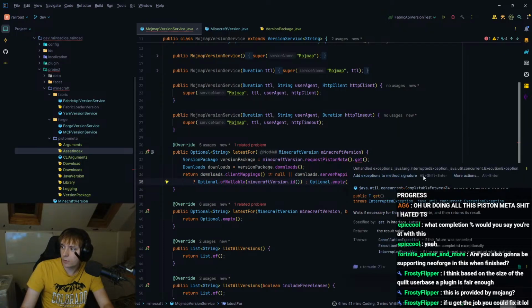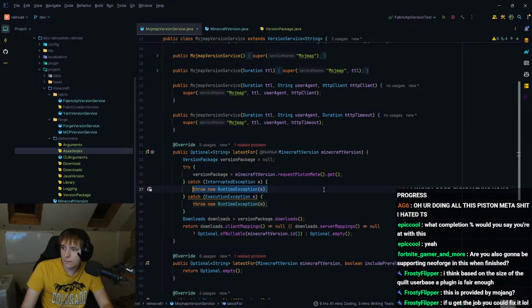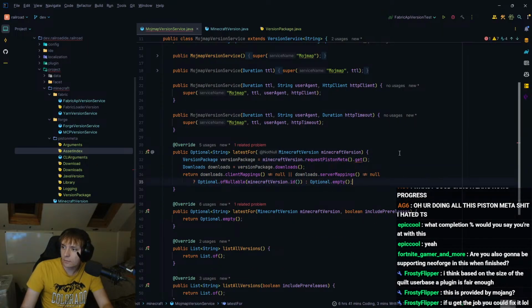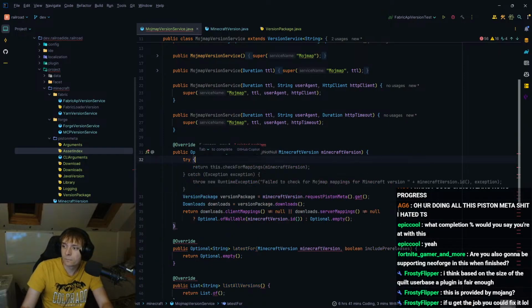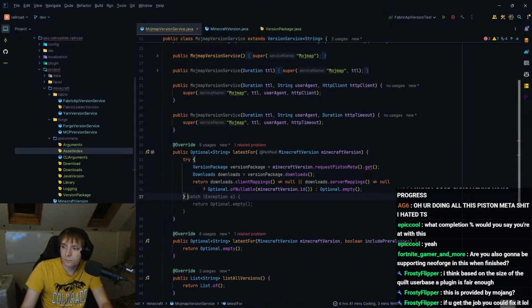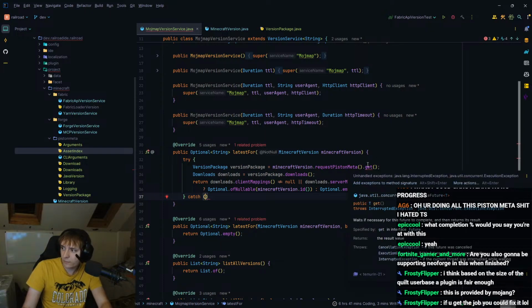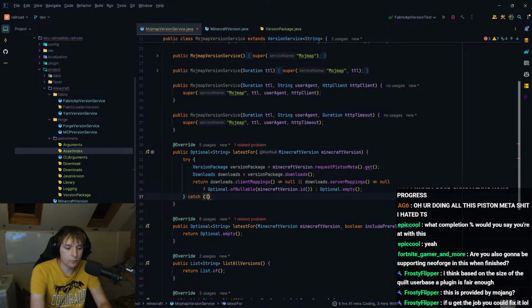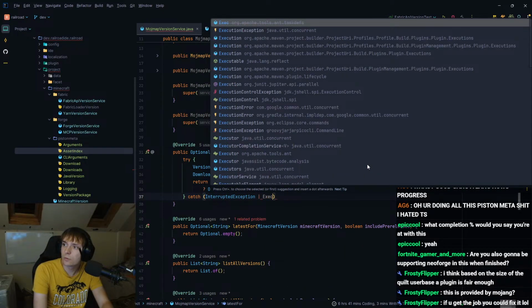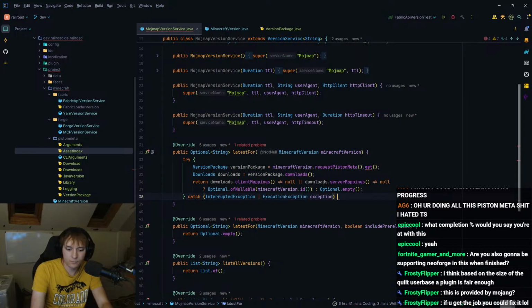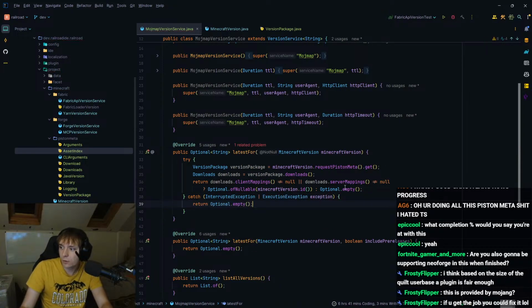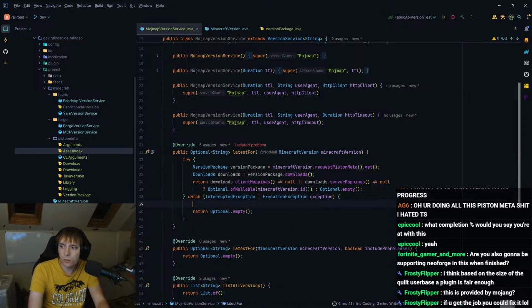This is going to complain because of the exception. Ew, don't do that. Fine, we'll do it manually. Catch, what are we catching? Interrupted, I'm guessing, and something? An execution exception. Interrupted exception or execution exception. And we just return optional.empty. And I'll put a logger in here, because that shouldn't happen in theory.